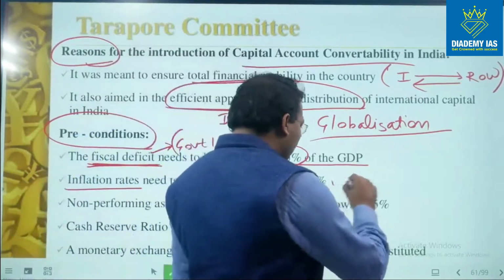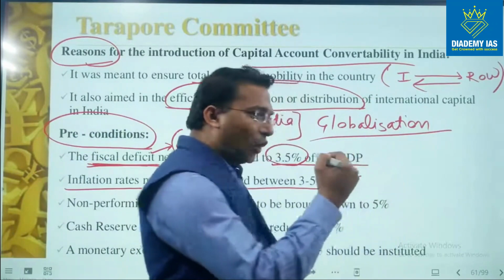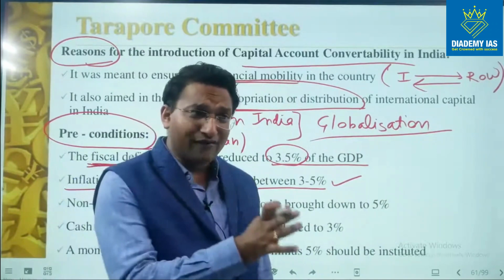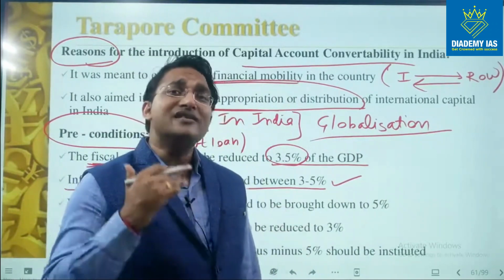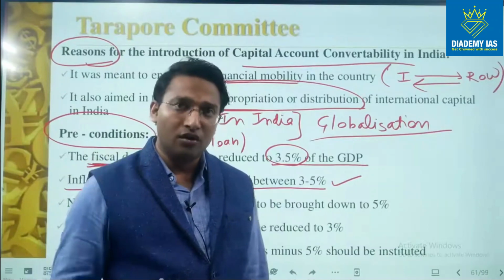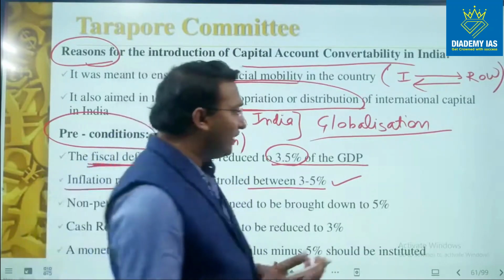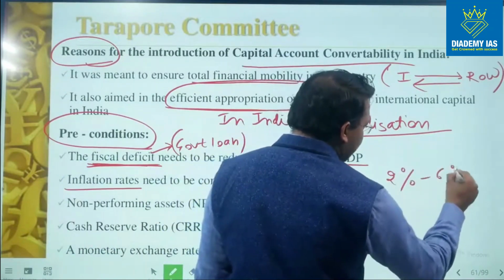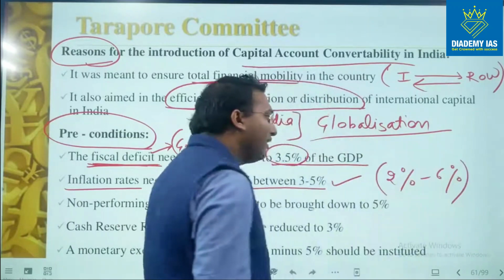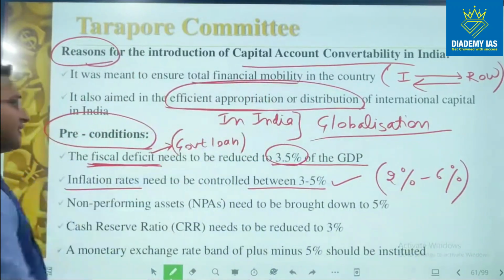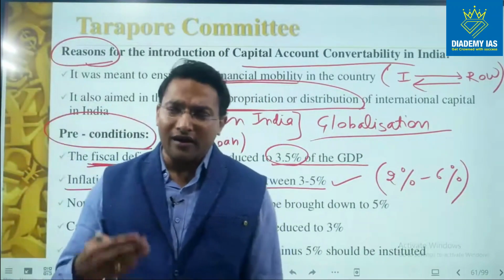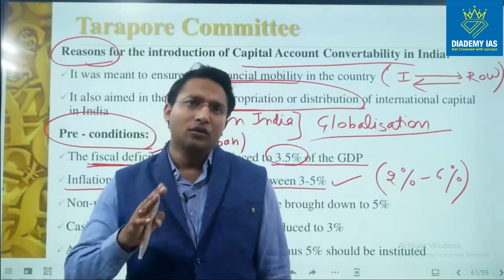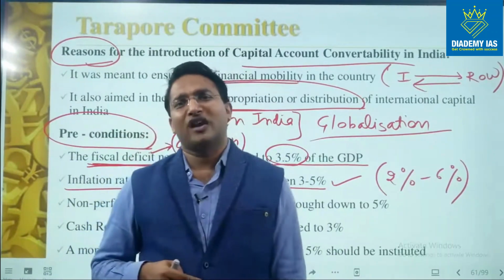So this condition we are able to meet because after the flexible inflation targeting framework was introduced in 2016, inflation rates are actually under control. Our flexible inflation targeting framework says that inflation should be between 2% to 6%, and our inflation rate is already under control. As far as fiscal deficit is concerned, it is also under control, but in the current year, because of the global slowdown and the recent corona crisis which is going on,